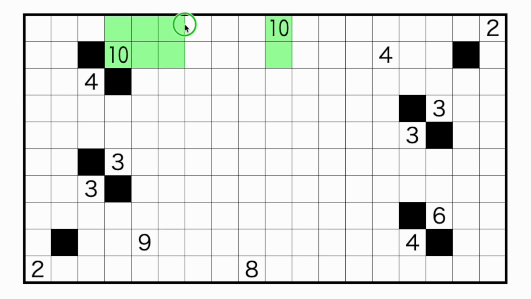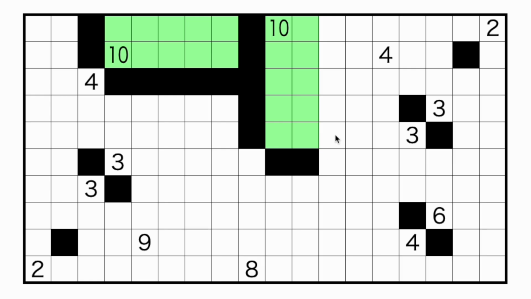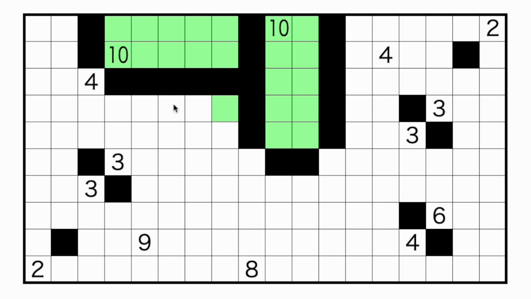It is a 2 by 5 as we discussed, and it goes like so. And this 10 can't be in a horizontal 2 by 5 anymore, so it is a vertical 2 by 5. We also get a 2 by 2 we need to avoid there. We don't know that every rectangle has a clue, so we're not going to be able to do any of